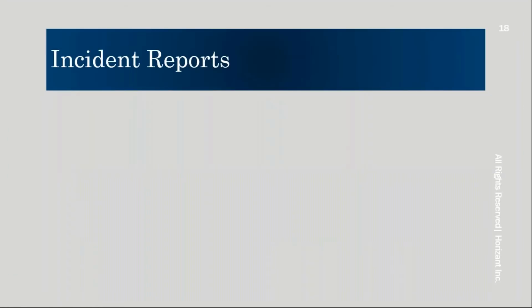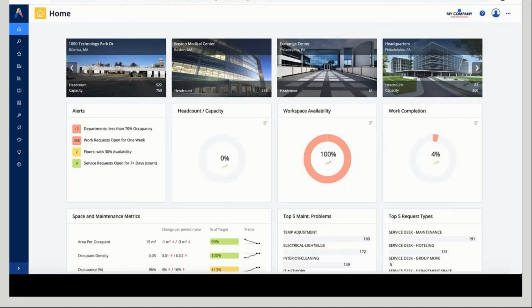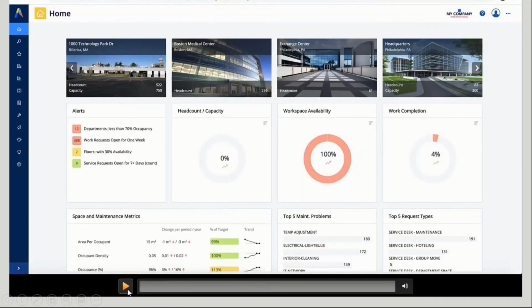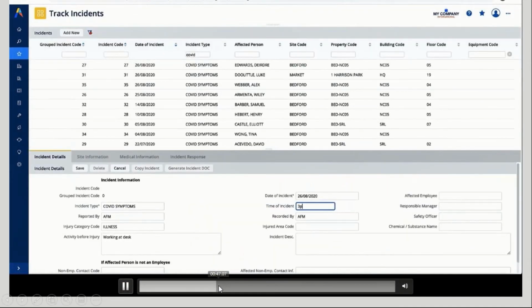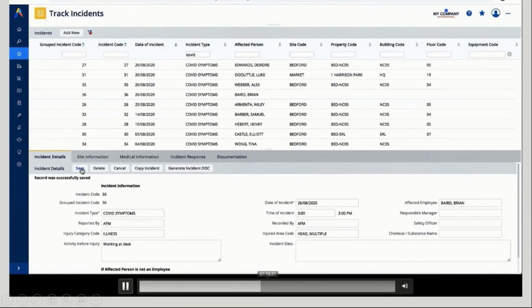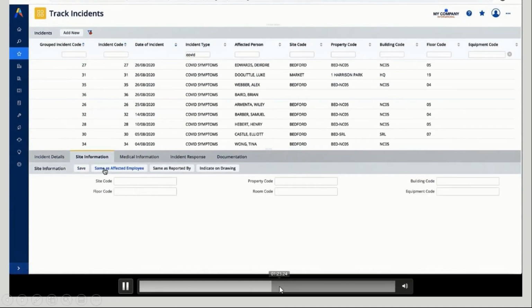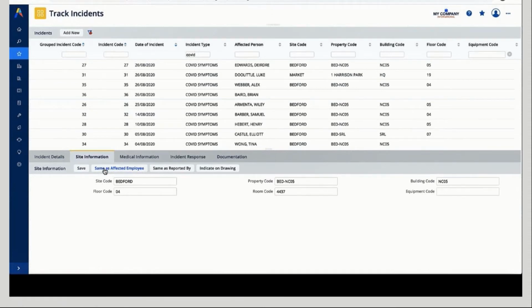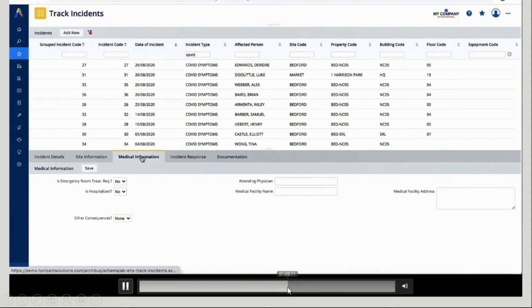Oops, sorry, I pushed the wrong button. Let me get back on track here. I'll go a little bit further. Somehow I managed to skip up and got us out of sync here a little bit, so bear with me a second. All right, so as I was saying,